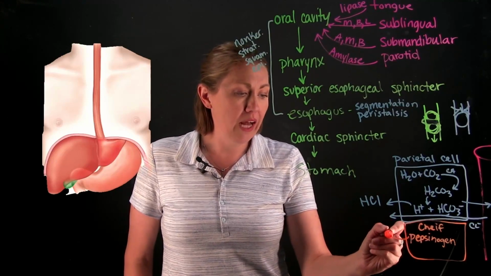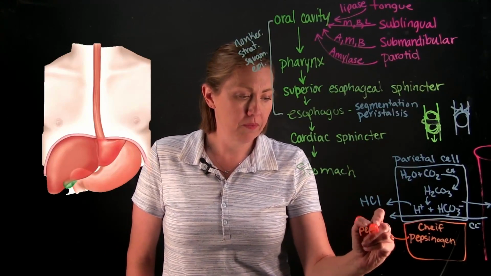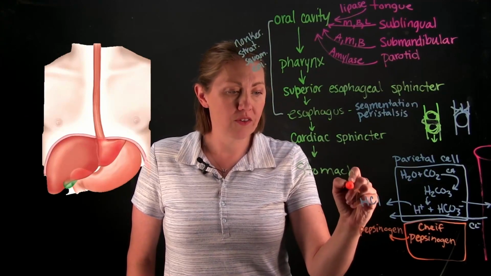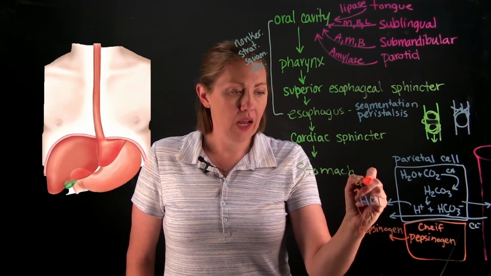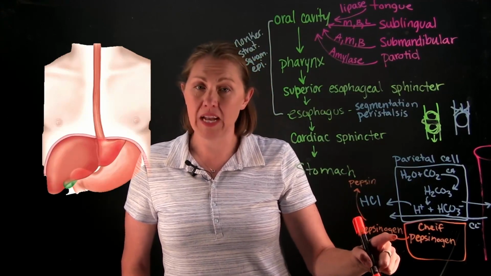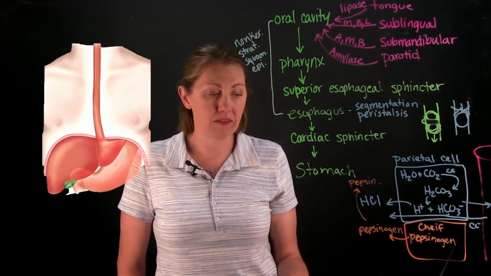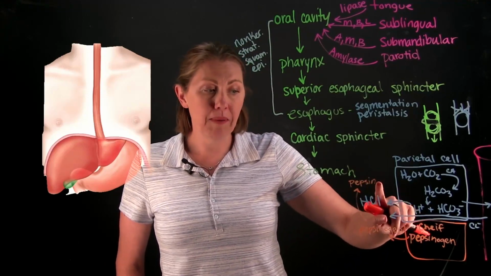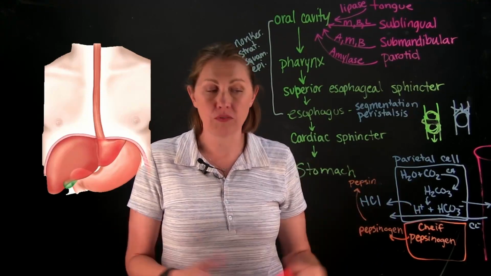So we'll secrete it as pepsinogen, and then it hits the acid and it turns active. And we lose that gin part. Gin is telling you it's inactive. Pepsin means it's active. And so because of the acid in the stomach, we can get pepsin, the functional version,